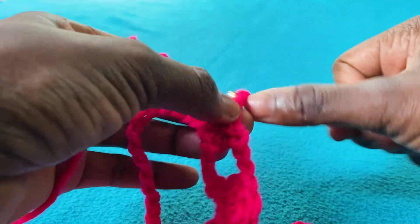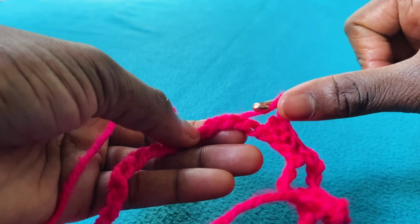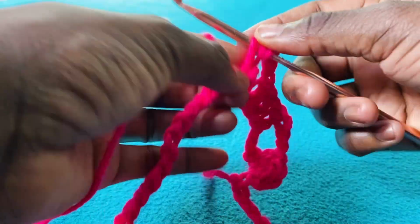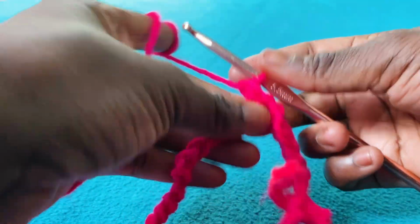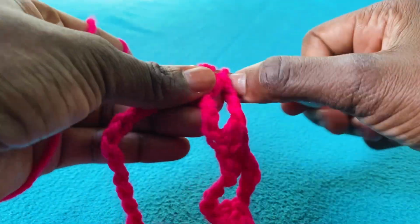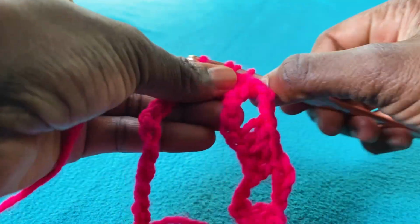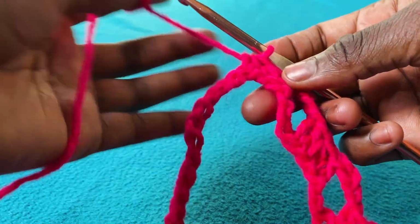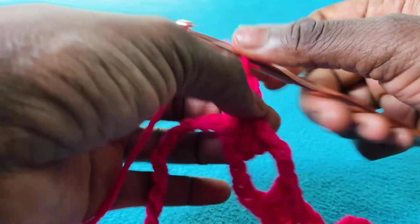After that, I am going to chain 3 and again yarn over. I skip 3 stitches down here, 1, 2, 3, come to the 4th one and I place there a half double crochet. I again yarn over, come to the next stitch, place there a half double crochet, yarn over, come to the next one, place there a half double crochet. So we are going to be placing 3 half double crochets in 3 stitches, and after that you just chain 3,